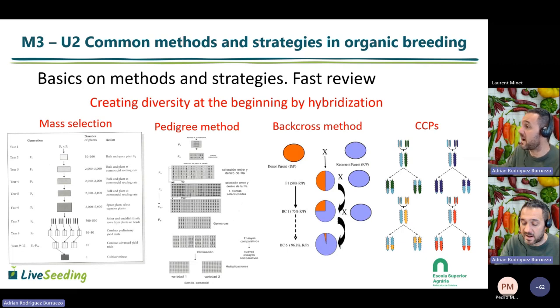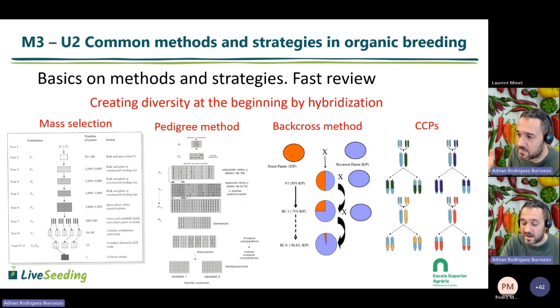By hybridization, by crossing with other sources of variation. These methods usually start by hybridization, by crossing two parents. There are others, as I will say at the end, like composite cross populations, which we have seen in Unit 1. But the most common procedure is crossing my variety, that of my population,